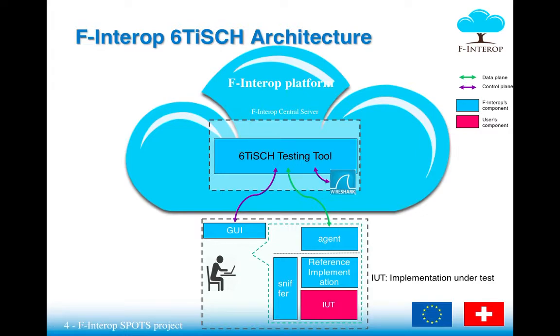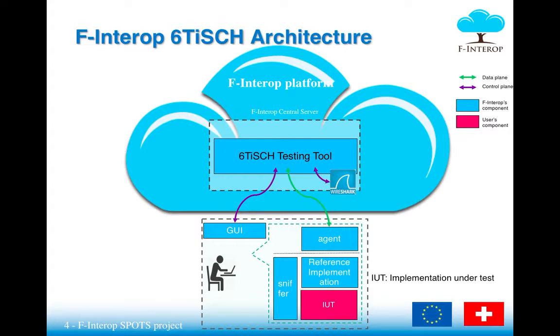This slide illustrates the architecture of the F-Interop platform and the 6TiSCH testing tool. The user, sitting in a remote location, connects to the F-Interop platform through a web-based graphical interface. The user selects a test it wants to run and downloads an F-Interop component called agent that executes locally on the user's machine. The user connects IoT devices it wants to test to its machine, and the F-Interop agent will